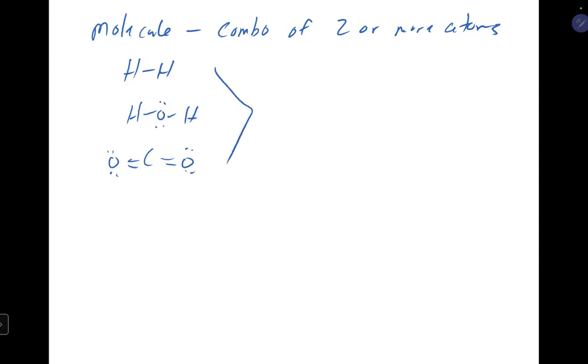So all these are examples of molecules because frankly, they meet the basic definition of there's at least two atoms present. And again, they could be the same or they could be different. Only the H2 on top there is also an element. So the other two are not elements. The other two are actually compounds. And as we'll see on the next page, a compound is